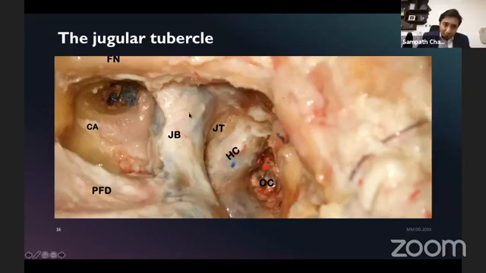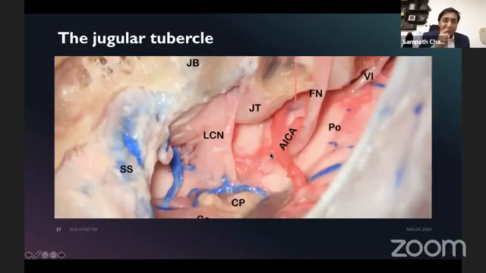The jugular bulb, jugulosigmoid complex, the IJV is anterior. Okay, this is the facial nerve here. And then you drill out the entire jugular process. You see the hypoglossal canal, you see the occipital condyle, and if you see a structure like this, you have actually mastered a lot of concepts in lateral skull base. So this is now the jugular tubercle. The jugular process has been drilled out, and that is level 2. Level 3 is the occipital condyle. Lower down is the atlanto-occipital joint.